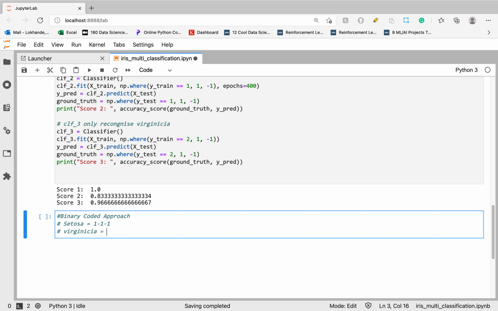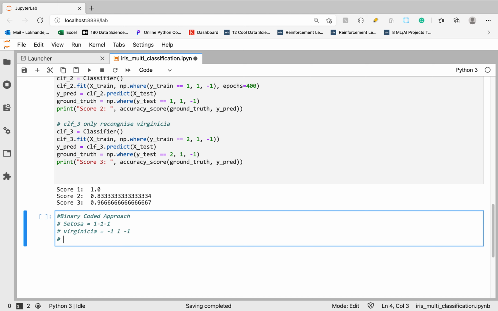If classifier 1 returns -1, classifier 2 returns 1 and classifier 3 returns -1, then the instance belongs to virginica. Now let's talk about versicolor. Basically it is -1, -1, 1.